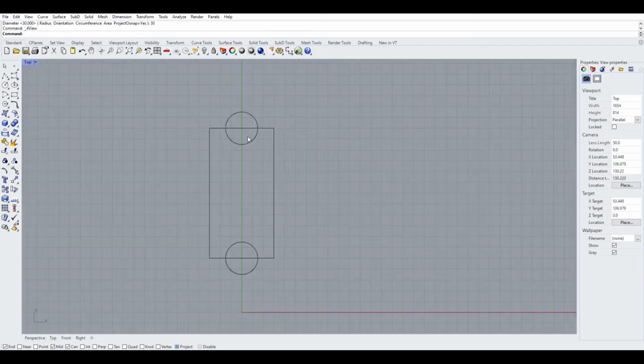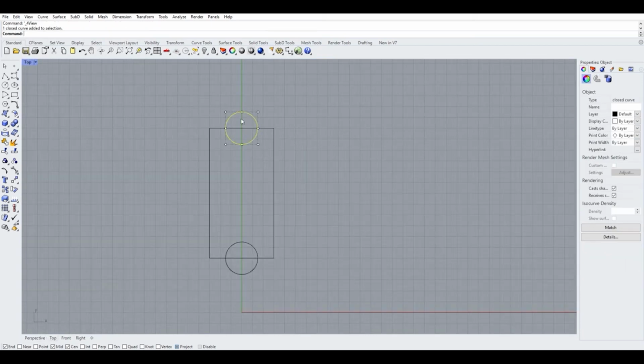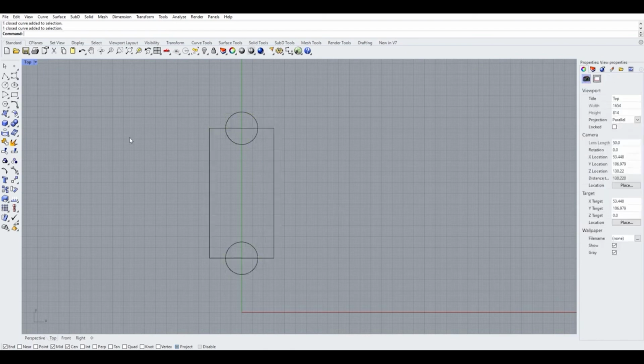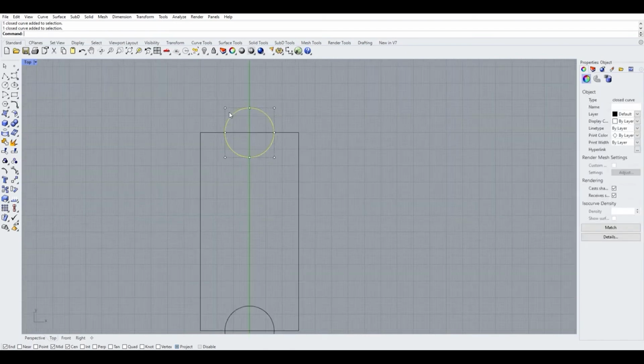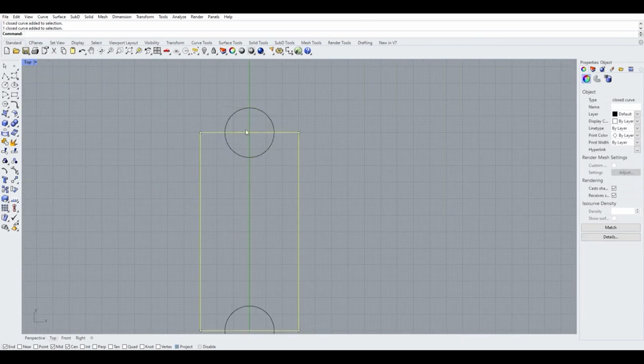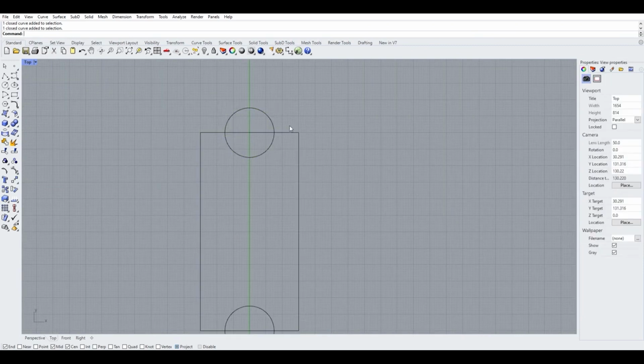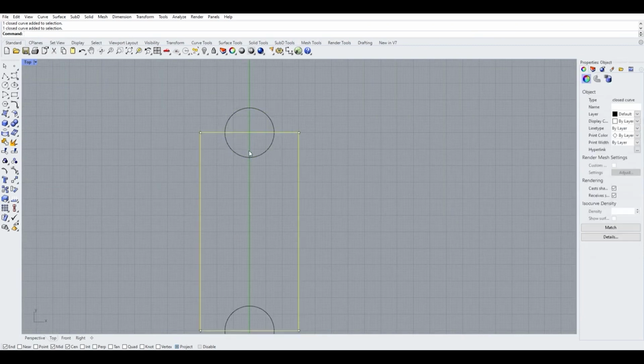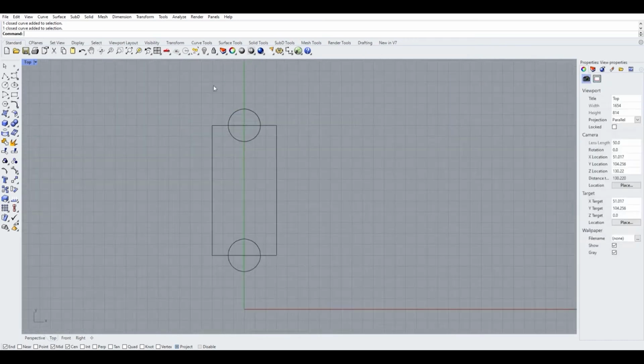All right, I'm going to maximize my top viewport again. I'm going to have these shapes interact. Now, how do I do that? I'm actually going to use this circle to cut this part of the line out. And similarly, I'm going to use this rectangle to cut this part of the circle away, because I want to draw one complex shape. So what I'm going to do is I'm going to use my trim tool, which is